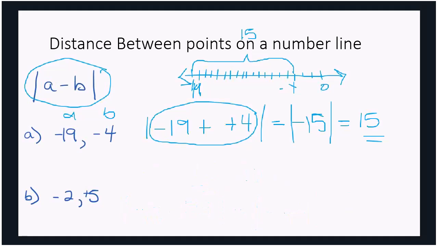So that's a question that has to do with how you add and subtract integers. So if you have negative 19 and we are subtracting negative 4, whenever you are subtracting a number, it's the same as adding the opposite sign. So I'm going to add the opposite sign, negative 19 plus 4, and that's how you get negative 15.